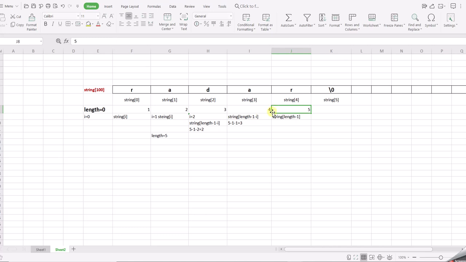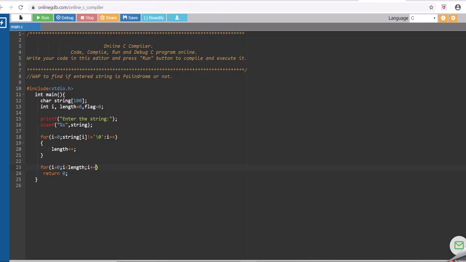Look at the indexes over here. If the length of this particular string is 5, then 1, 2, 3, 4 and 5. Then look at the last index. The last index is 4 because you have started from 0. So how do you get this 4? Length minus 1, right? So your for loop should work only till i equals 4, and hence you have i less than length written over here.